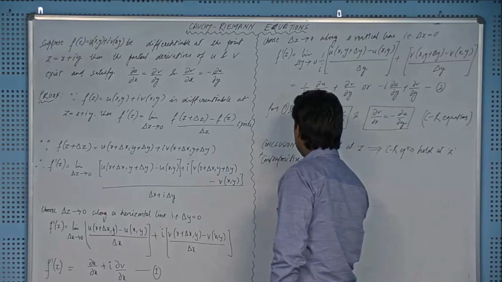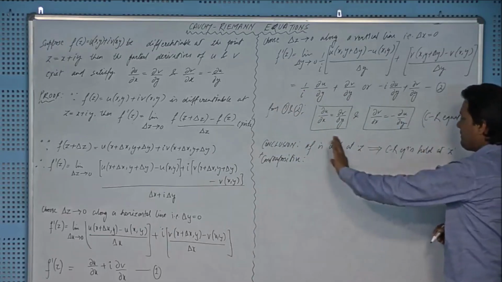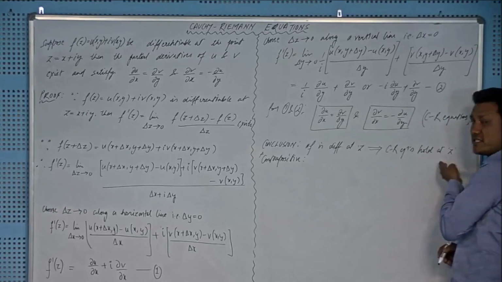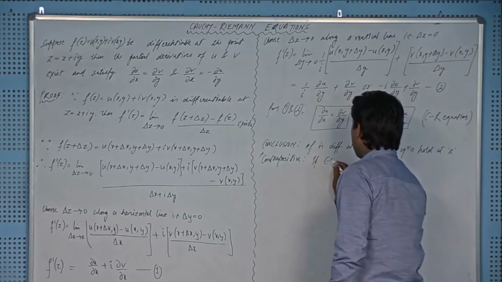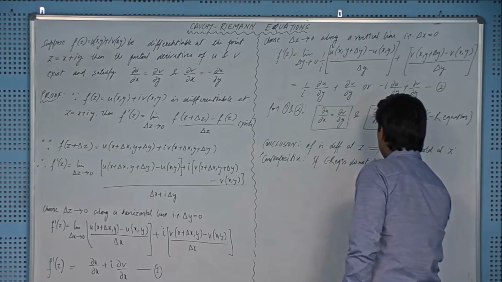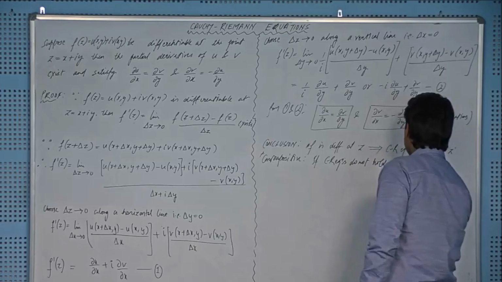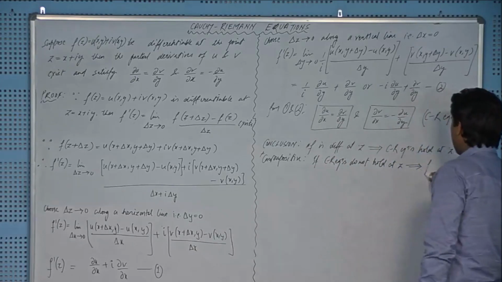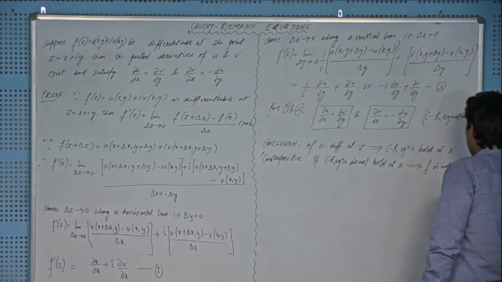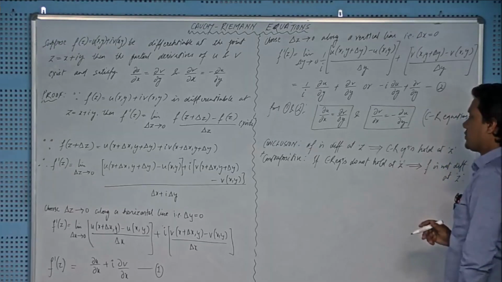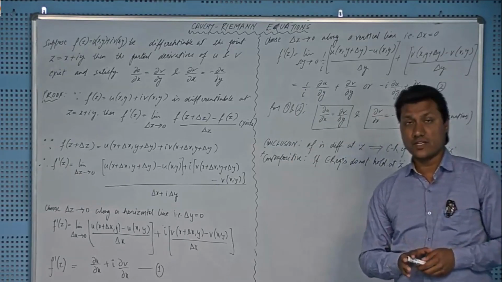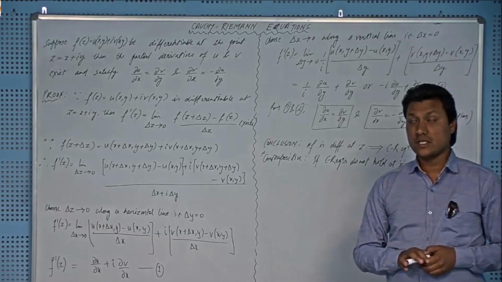and that will be written in the reverse way, but putting a not here and here. So I should write it: if the CR equations do not hold at point z, it will imply that f is not differentiable at that point z, right? So it can be used as a test to disqualify the function as a differentiable function, right? Because